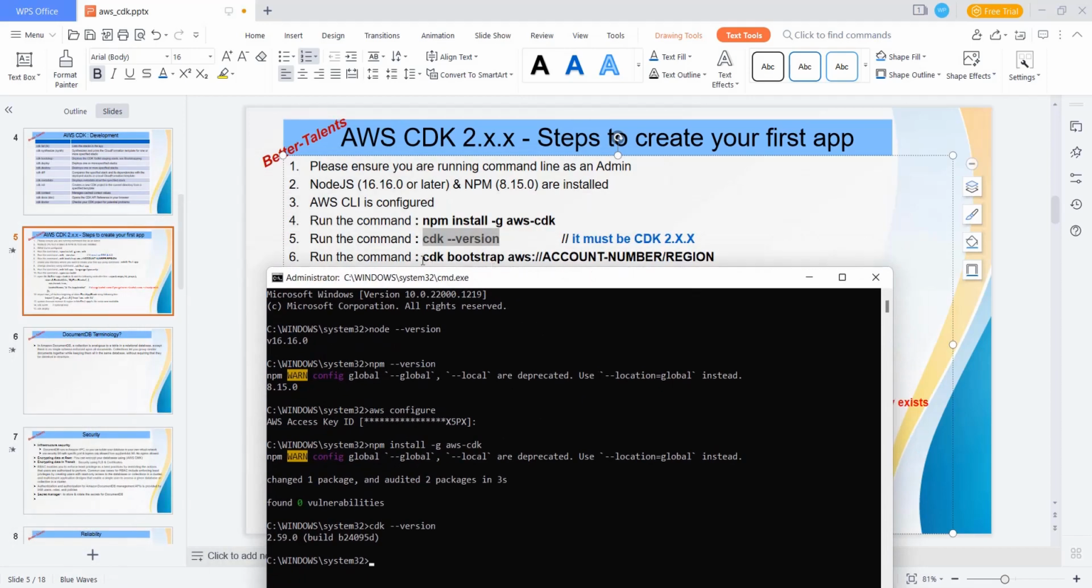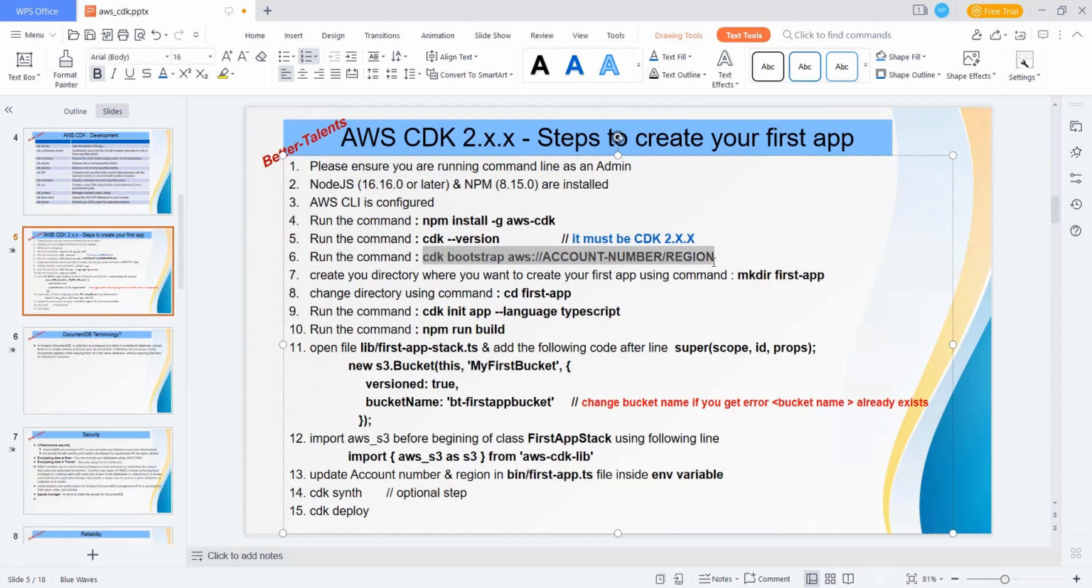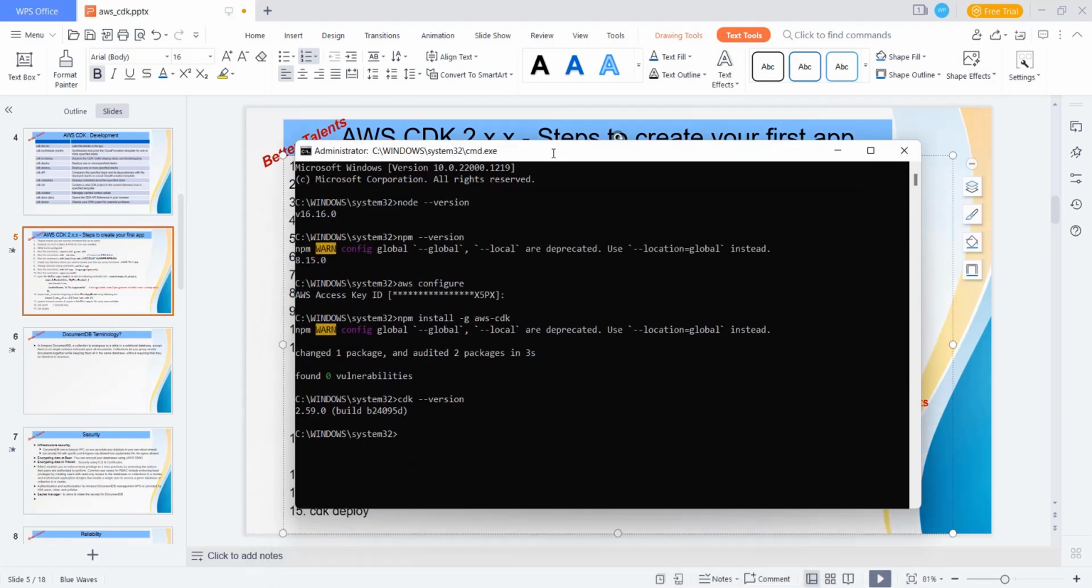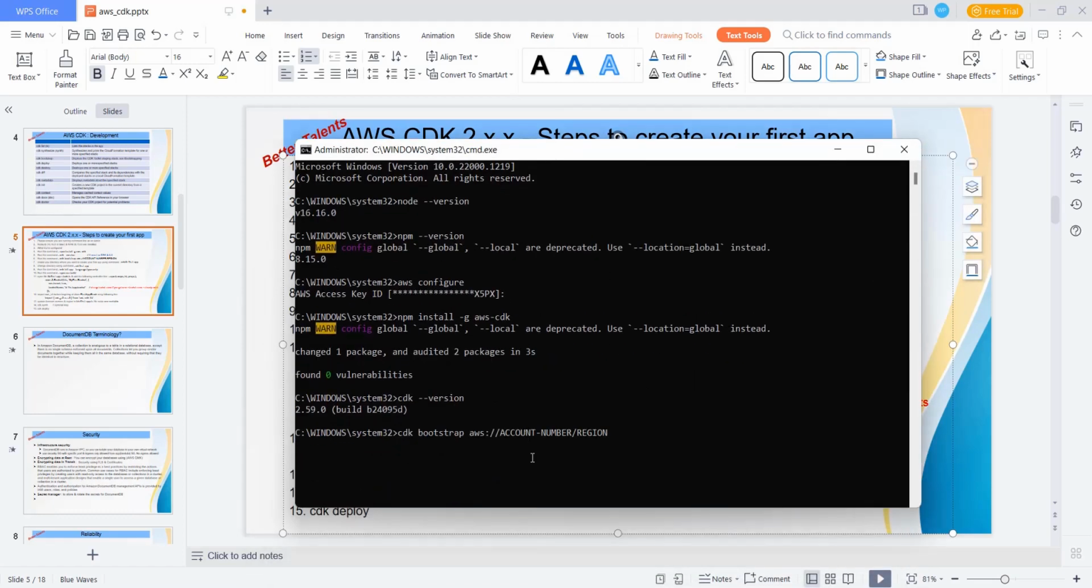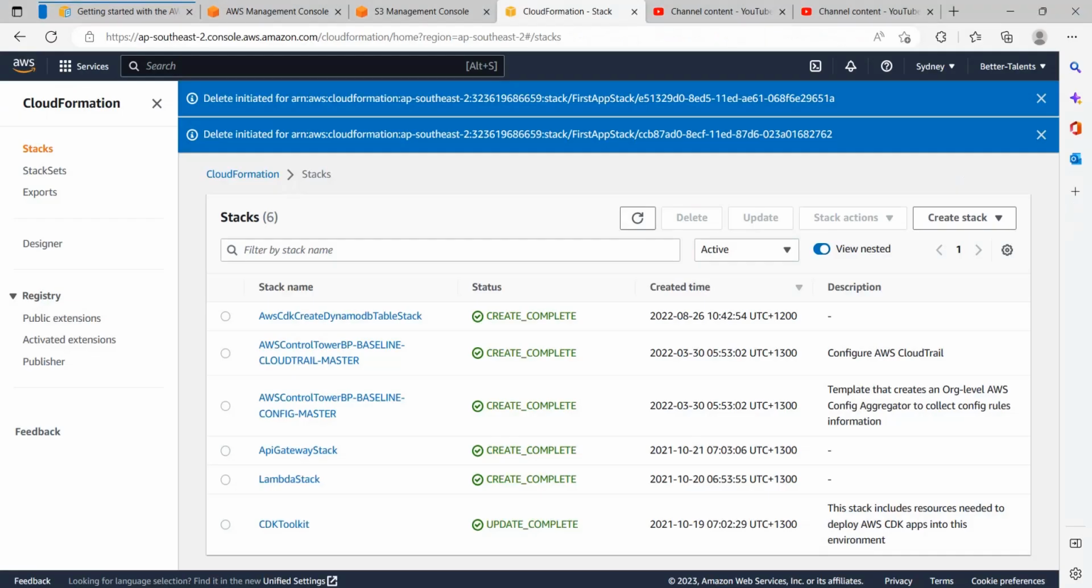So the next, sixth step is CDK bootstrap. For this you will need your AWS account number. You must have an AWS account and a region where you want to create your first CDK application. In this CDK application we're going to create an S3 bucket using CDK. So you can see now